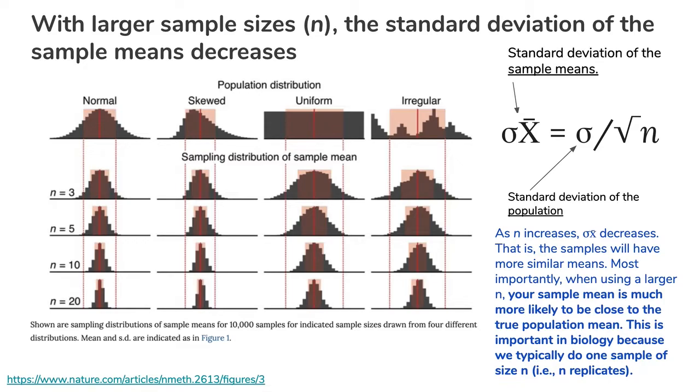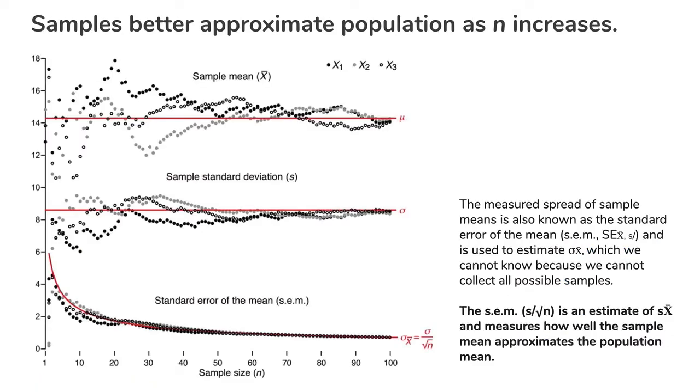But in reality, what we typically do is we take one sample of size n, 10 or 20 or 30, and we try to write our results around that. And taking one sample tells us that the mean will be pretty close to the population mean, and the standard deviation will be small-ish if our sample size is relatively large. And so a rule of thumb that we learned last time, and this varies a little bit depending upon the exact experimental context, is to try to have a sample size of at least 30,